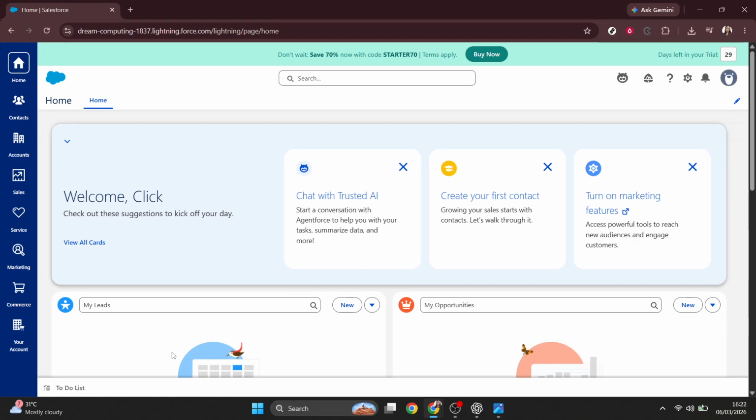In today's video, I'm going to teach you how to export, download, and view attachments in Salesforce. To get started, open Salesforce in your browser and sign in using your own Salesforce credentials. Once you're logged in, you'll be on the main Salesforce environment, where you can access the records that store files